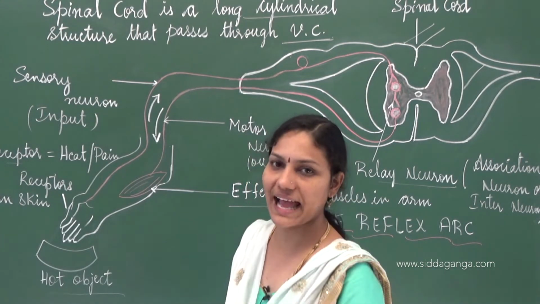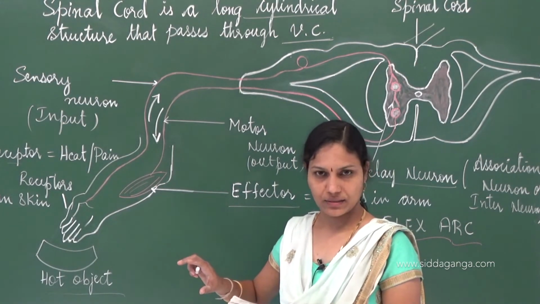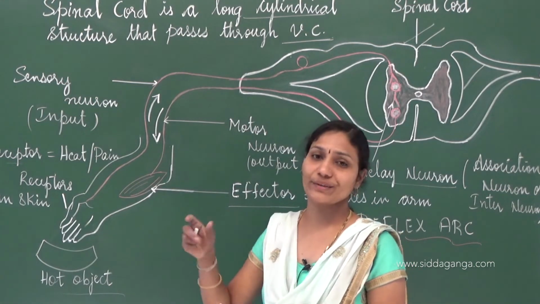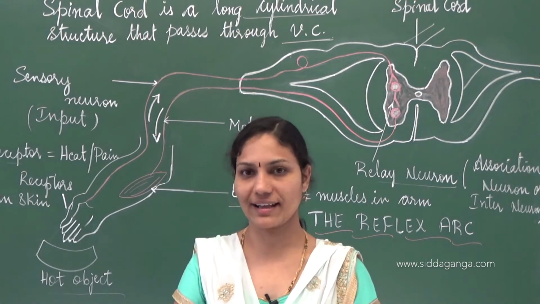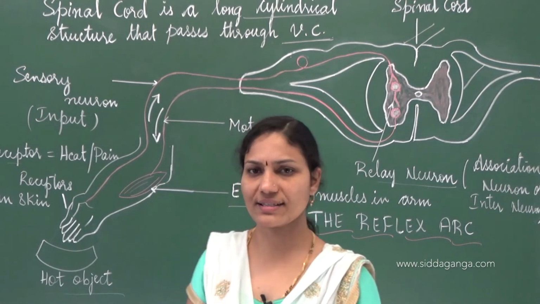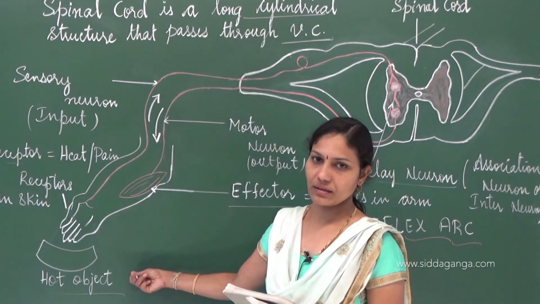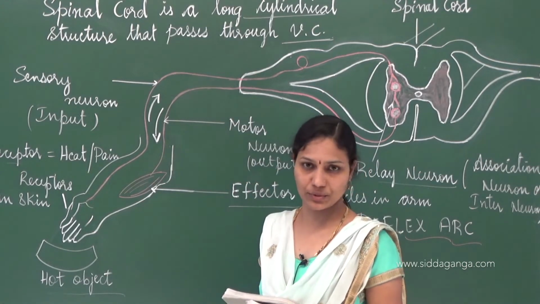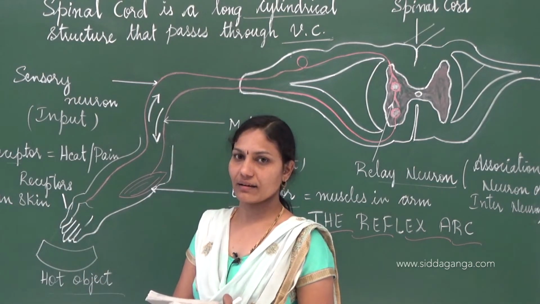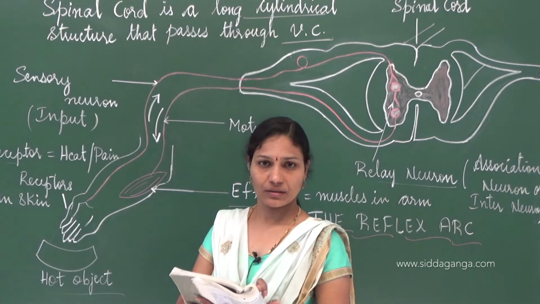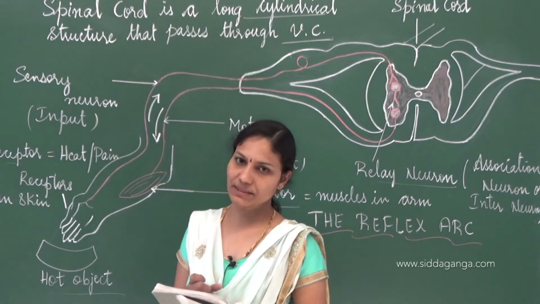Here the reflex arc is described with respect to touching a hot object. And in a similar way, now we need to trace out the sequence of events which occur when bright light is focused on our eyes. Could we do this? It's very easy and very simple. Instead of a hot object, the stimulus here is bright light. Receptors are skin in that case, whereas when a bright light is focused, our eyes act as receptors. They receive the stimuli.